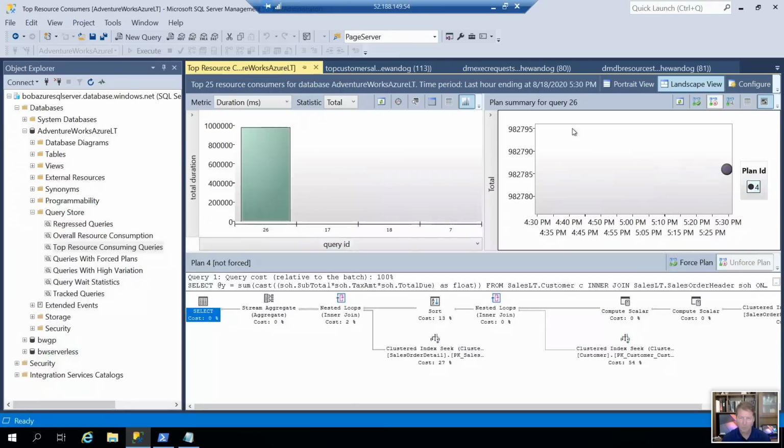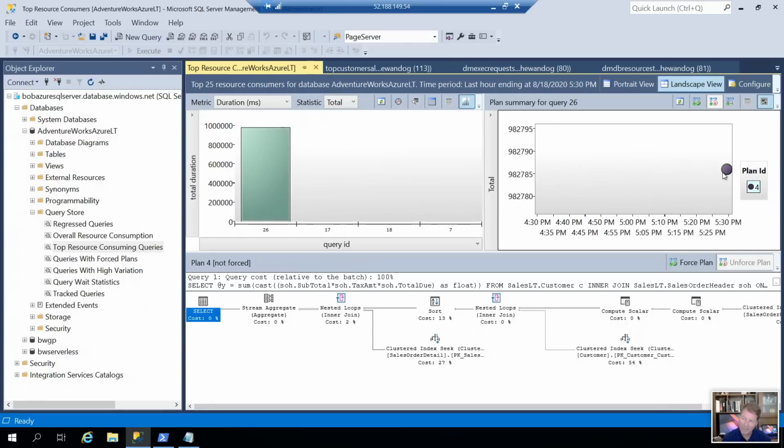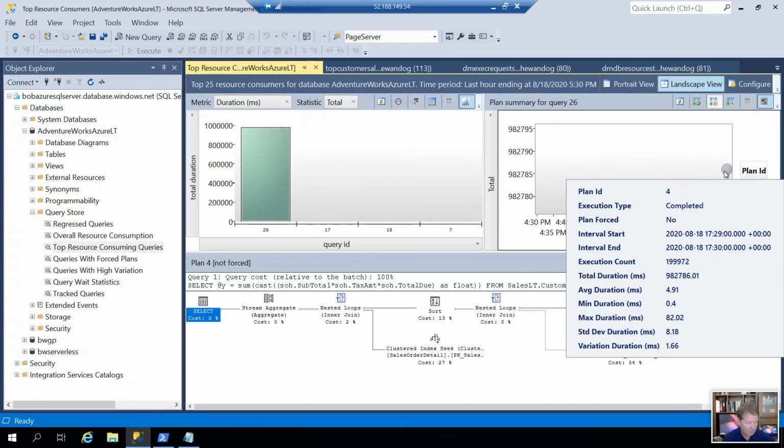You may have seen this report before, you may have not. This is showing that the query taking up the most duration during this interval is my query. This is the query I'm running down here. I can look at the plan down here. I can look at the overall statistics of the overall duration. Or this is interesting. At the plan level, I can see some averages. So I can see that the average duration, if you look here, is about 5 milliseconds. That doesn't seem bad, but if I run this a ton, that may not be optimal.